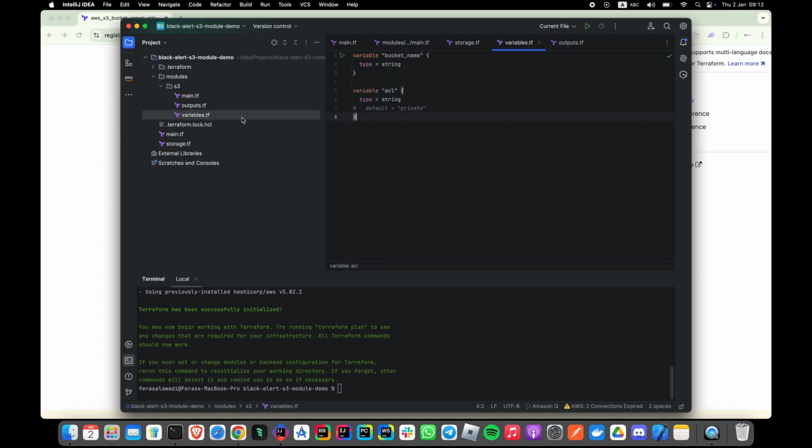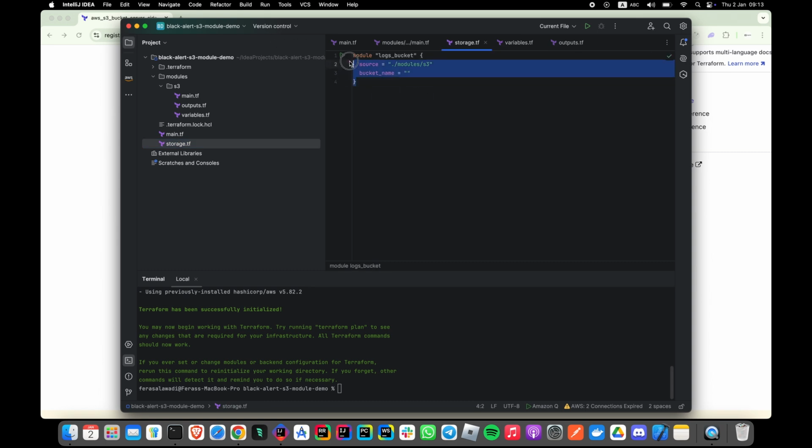But if we roll back to default, it means that the storage and the module can work without that bucket because it has a default value. Anyways, let's say this is black alert logs 1. This is the bucket name and ACL. If we pass private in here, it's going to be the same, so I'm just going to comment this and give it a public value in case you want to do a public. Now back to the command,